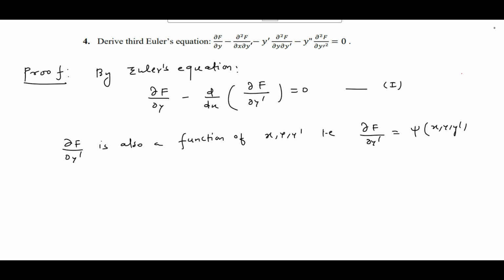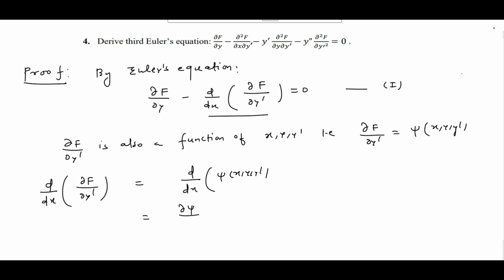So now we need to find the derivative of this function. So differentiate the function del f over del y dash. That is, we need to find the derivative of function psi of x comma y dash. But psi depends on three variables, so we will apply the chain rule, that is